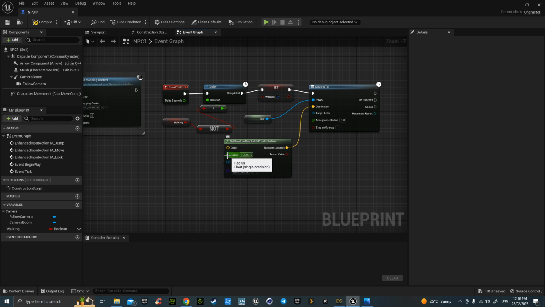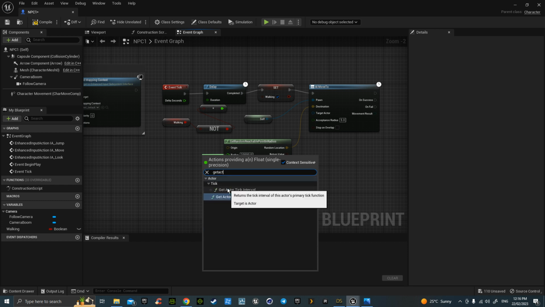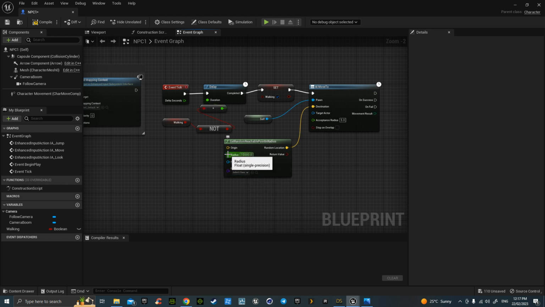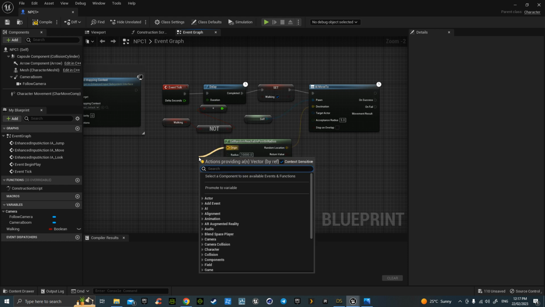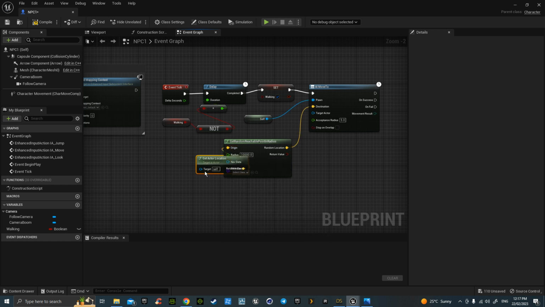And where's it going to take the radius from? It's going to come out of here and get its own actor. Out of origin, it's going to get its own actor location. So from where it is, it's then going to move within that radius to somewhere. How often,